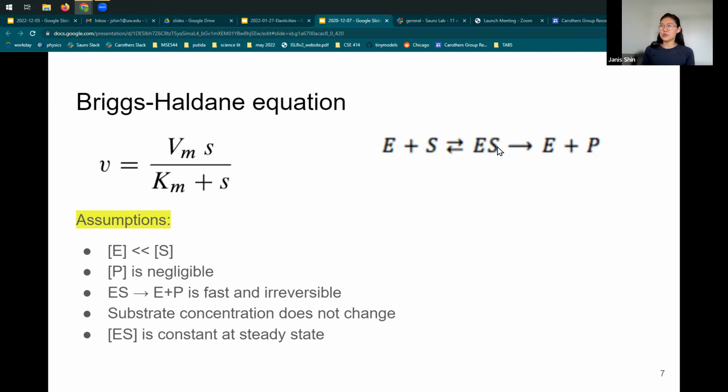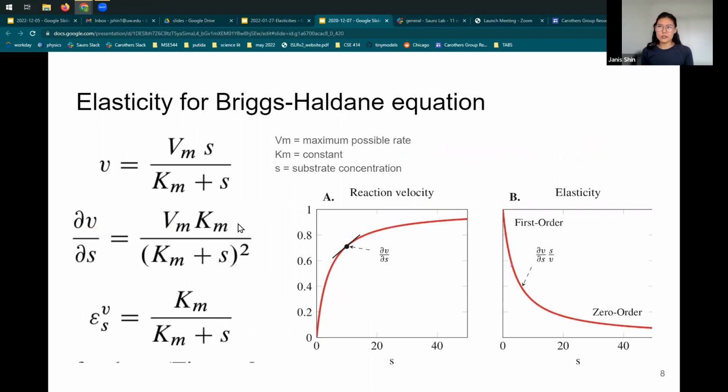And then we assume that it irreversibly turns into a product and enzyme. So here are the assumptions of this Briggs-Haldane equation. Generally, it's an okay estimate for enzyme catalyzed reactions. And if we want to know the elasticity,